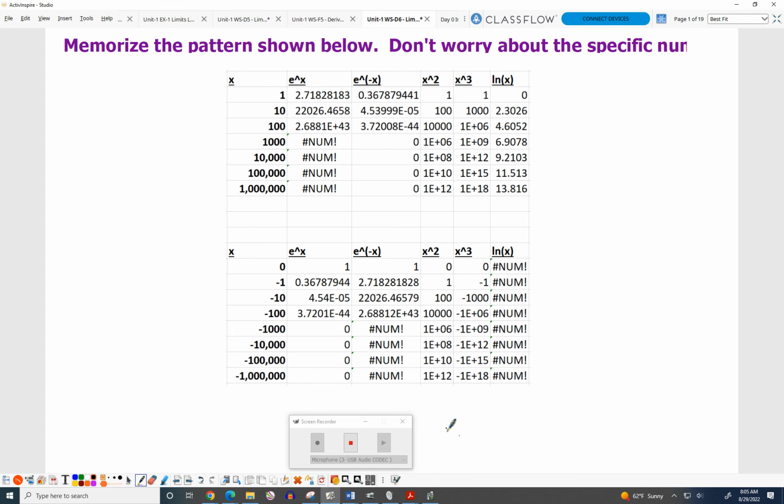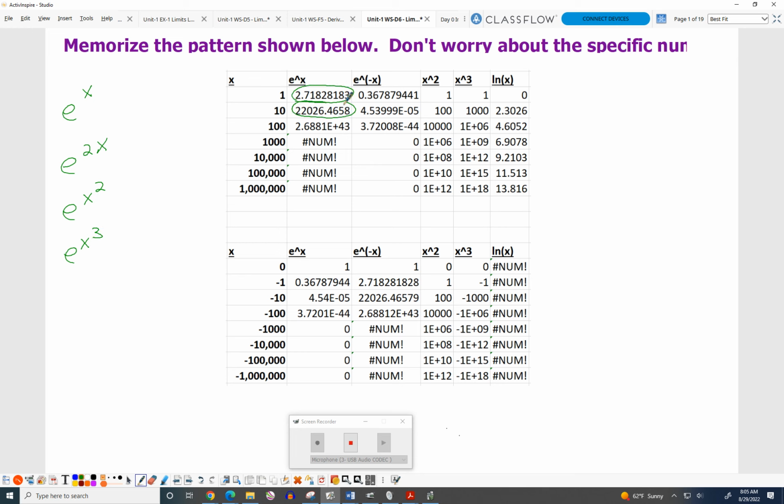Okay, here we go. So anyway, if you plug in those numbers into this function, it's a little hard to tell, but this is e raised to the x power. So if you have e raised to the x, and the same pattern holds if you had something like e to the 2x, e to the x squared, e to the x cubed. If you take an x and you plug into any of these functions and you let that x get larger and larger and larger, the value you get grows